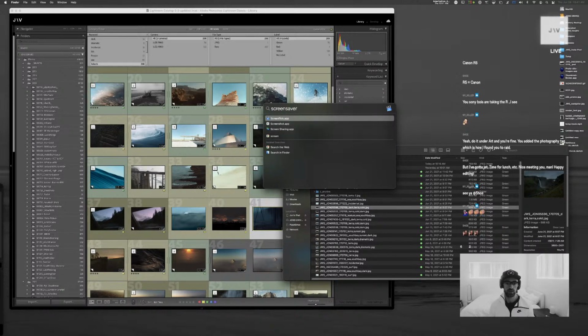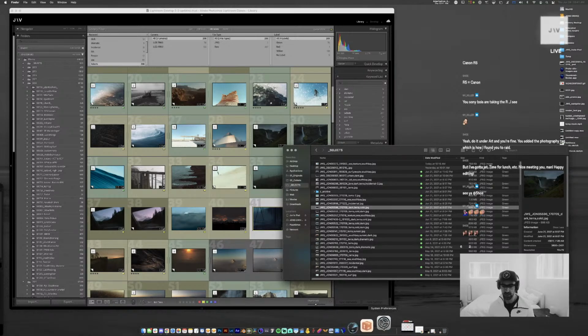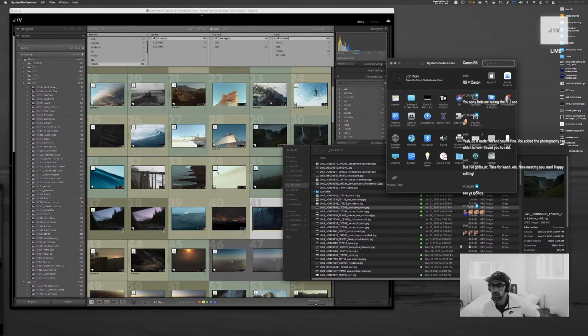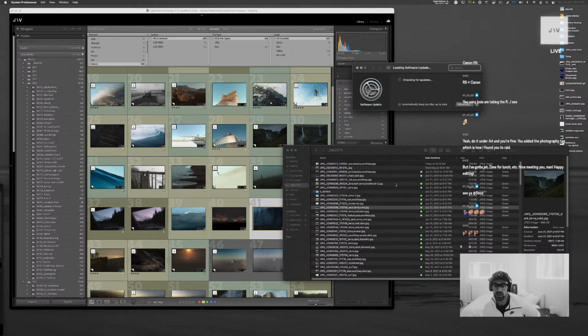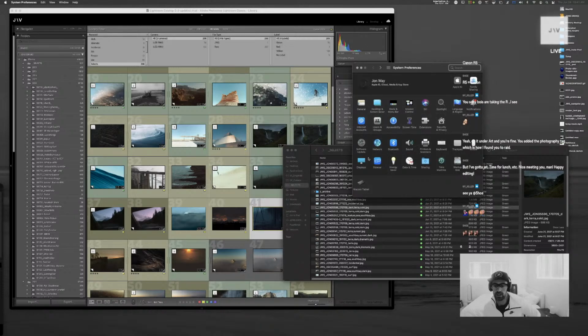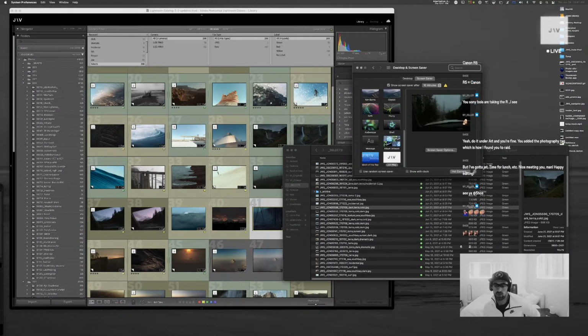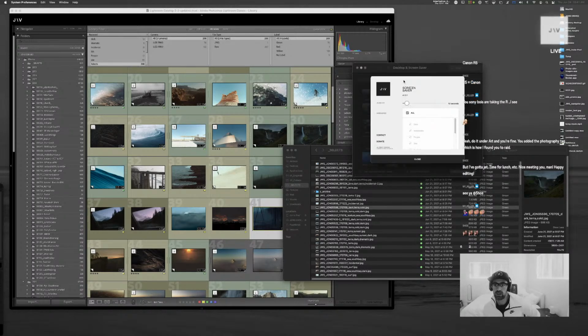It's not gonna work. I'm just being lazy. That's how, I just see an icon and I just jump to it. So screensaver. So there's all these different categories,